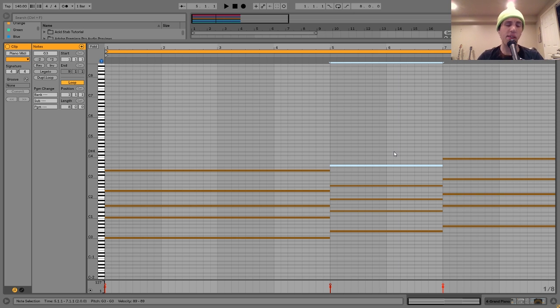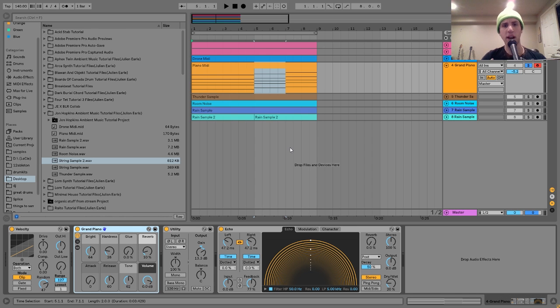So what this does is it gives you a really smooth, mellow low end, but then the high end has a little bit more brightness, and it punches through a little bit more. And I think that this is the key to that sound, to have the smooth low end in the piano with the bright high end. So then the only other thing that I did to accentuate that was, you can see here I have this velocity, and I used the random to give it some random